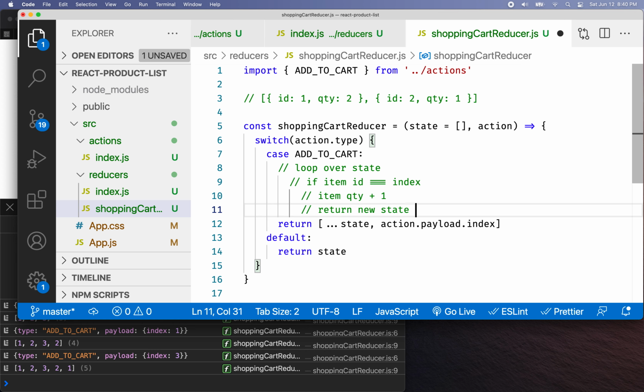Okay, so we always have to return new state. We're going to maybe talk about that in another video just to make sure that's clear, because that's a really important piece of Redux, okay? Okay, so